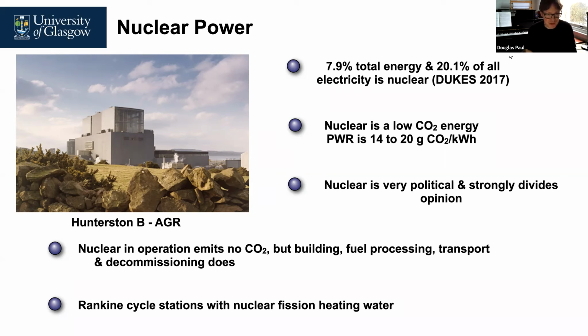hasn't, the politicians have not made decisions early enough to now allow new nuclear power stations to be built. What that will mean is that the UK's electricity is going to have a lot more CO2 emissions in the future simply because new nuclear has not been built. Because the only way to fill the gap in the timescales required is going to have to be using gas-fired